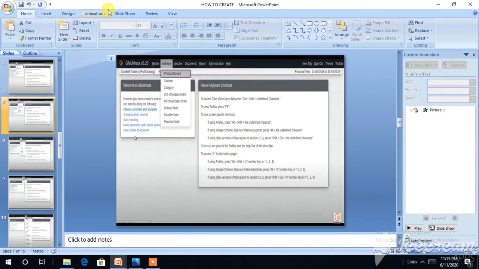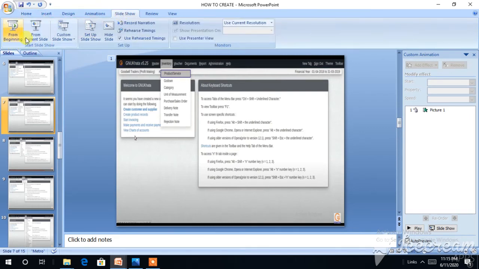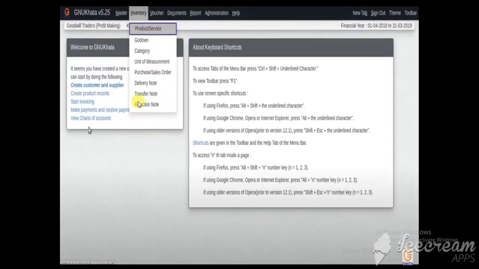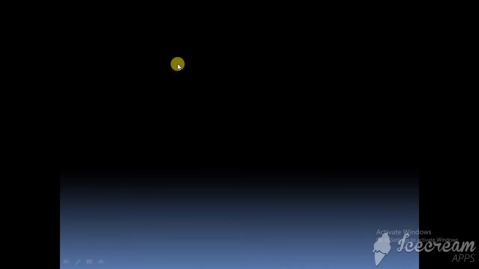Before, I have shown you how we are working from the slides. Let me show you this inventory. In this menu, you are going with the inventory field, which gives product and service, category, and unit of measurement, that is pieces and everything, with how many units of measurement are related to the products and other things, and so on. Then in the next slide, we will be going up with